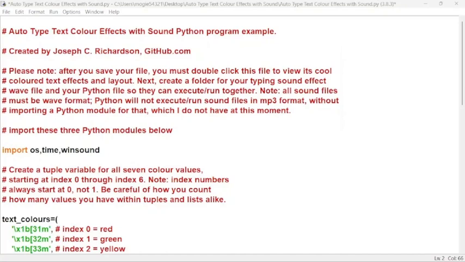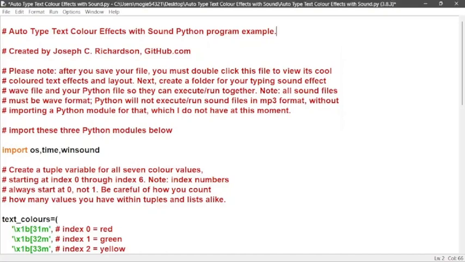Auto-type text color effects with sound, Python program example. Created by Joseph C. Richardson, GitHub.com. Please note, after you save your file, you must double-click this file to view its cool colored text effects and